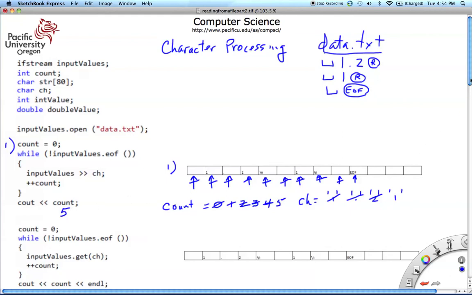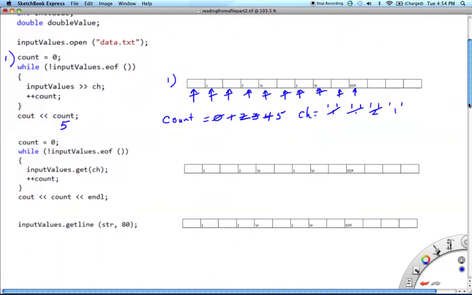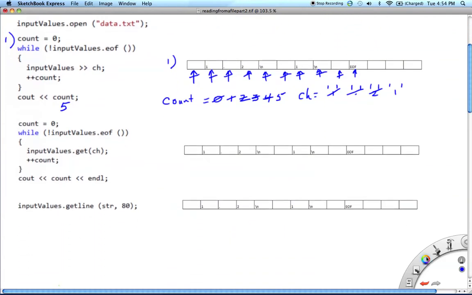Now that might work a little bit differently than you thought it was going to work. Pretty cool. All right, let's make things a little bit more complicated. We're going to take a look at this chunk of code. We're going to assume that we just opened up this stream for reading. Pointer's at the beginning. Now up here we used the extraction operator. Down here we're actually going to use the function, or the method, get that's associated with the stream object input values. And we're going to do the same thing over again. So count